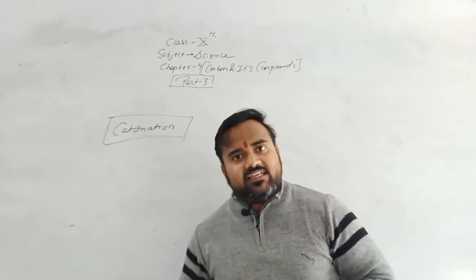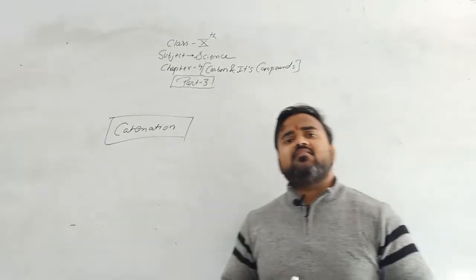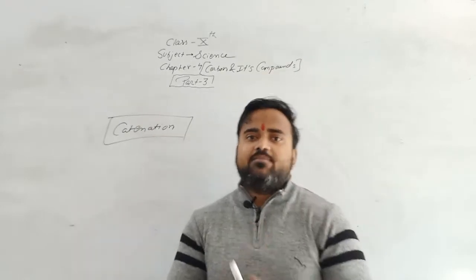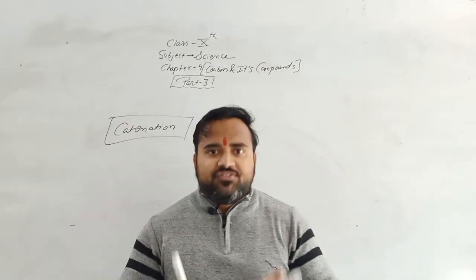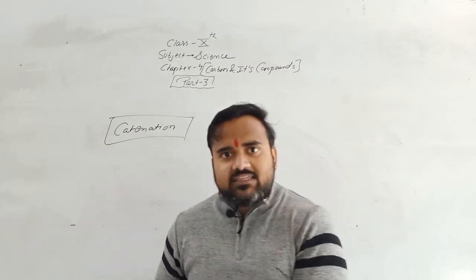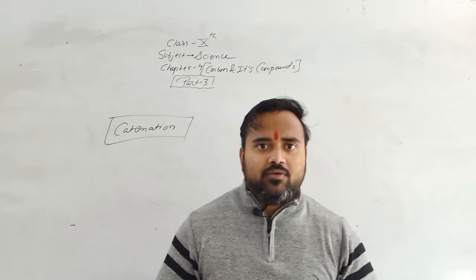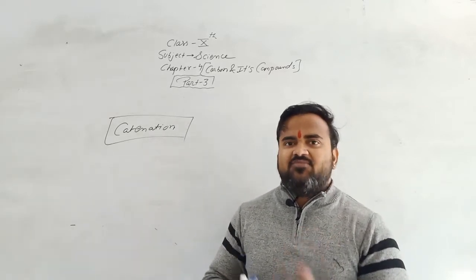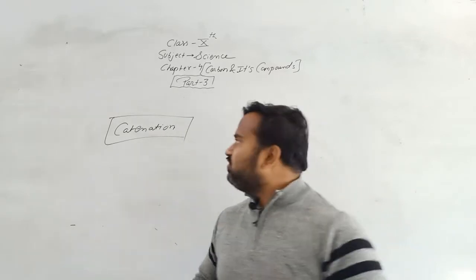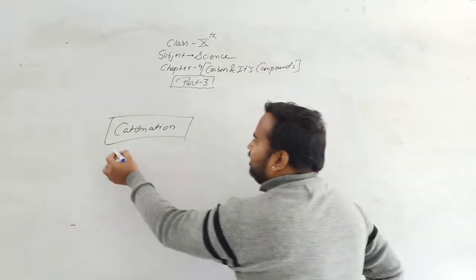Now, what is catenation? Catenation is the remarkable property of carbon to form a bond with itself and draw straight chain compound, branch chain compound, and cyclic compound. That property of carbon is known as catenation. If we want to write the definition of catenation, we can write